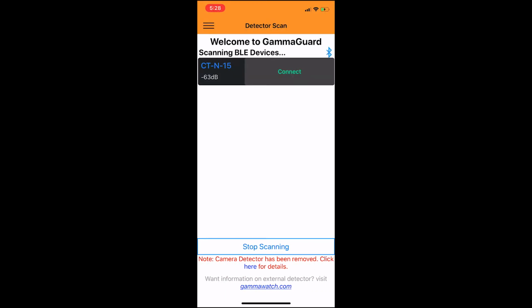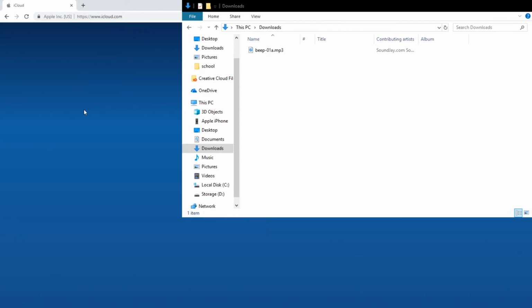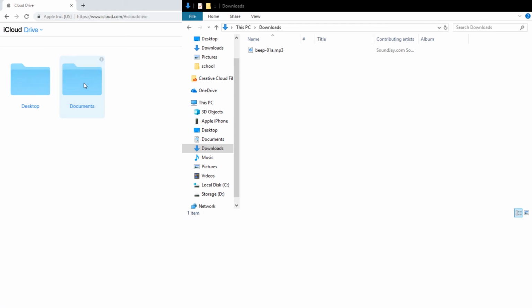Now that you've seen how that works, I will show you the other way that you can import sound files onto your device. If you want to transfer files from your desktop, here's how you do so. Google iCloud, click on it, and you're going to want to sign in. Once you get to this screen, go to your iCloud drive, then go to Documents,